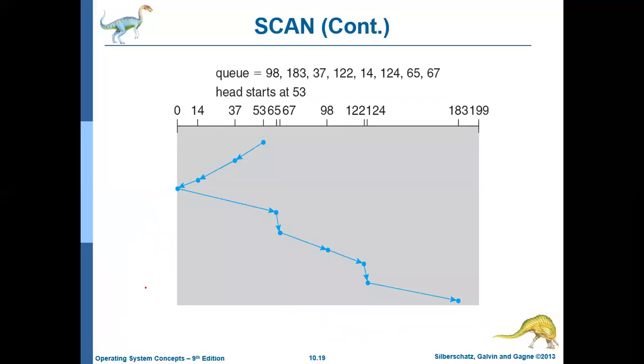So let us see the example. This is the request which is to be satisfied, and currently the head is at location 53, and let us assume that the head is moving in the reverse direction. From 53 it first satisfies 37, then 14, then it goes up to cylinder 0. There is nothing to access in cylinder 0, but this is how the algorithm works. It goes all the way in the reverse direction up to the 0th cylinder, and then it